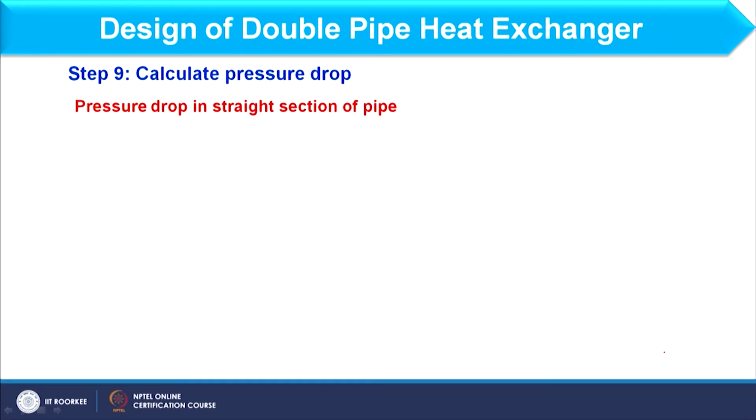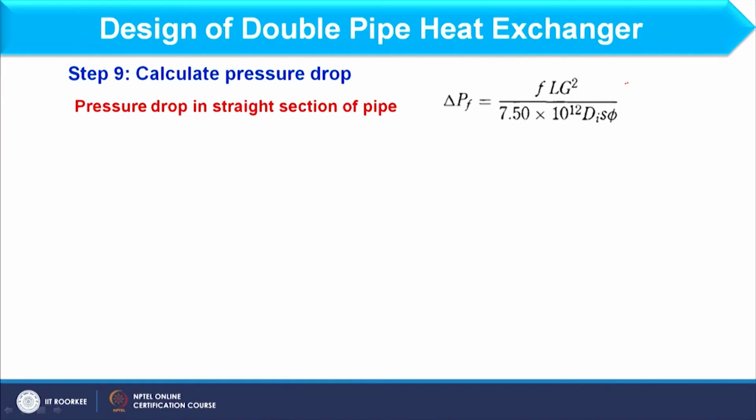So, as far as this pressure drop is concerned, in a double pipe we have two sections. One section is the straight section of the pipe, and the second section is the bend when I am considering the hairpin. So, we have to consider the pressure drop in a straight pipe and the pressure drop in the return pipe or the bend pipe also. First, let us focus on the pressure drop in the straight section of the pipe. To calculate this, we have this empirical correlation,